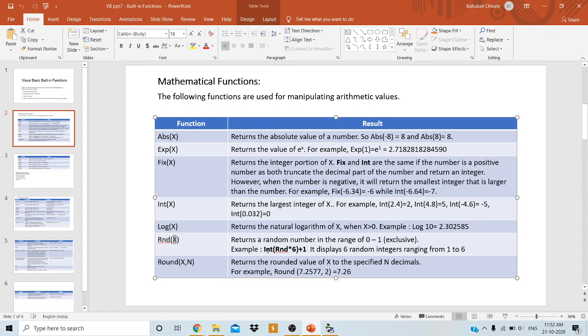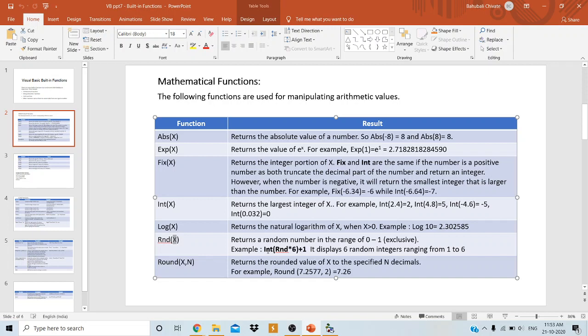Now, you might ask the question how this can be used or where this function can be useful. Have you heard about a game called the Ludo game? Yes, sir. So what actually you do is roll the dice, right, in the Ludo game. So what are the possible values in the dice?